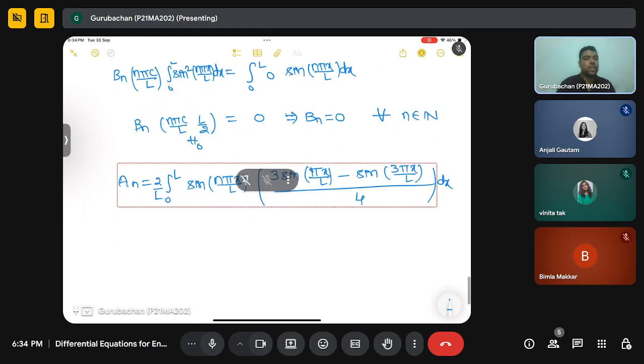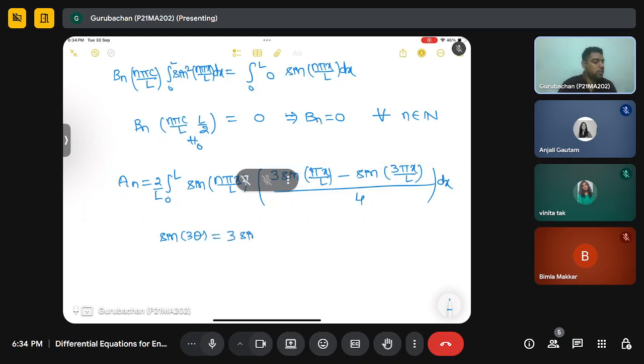Okay, we use the trigonometric property, that sine 3 theta is nothing but 3 sine theta minus 4 times sine cube theta. Okay, so this will give us